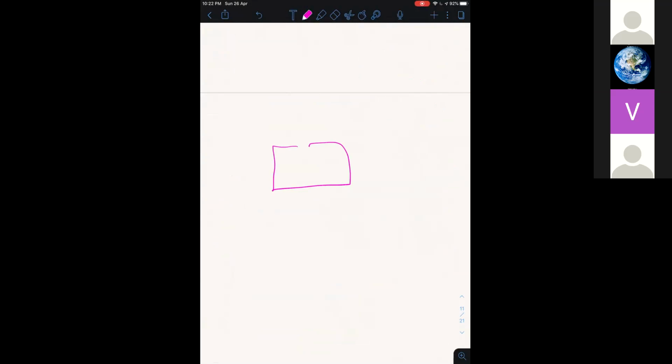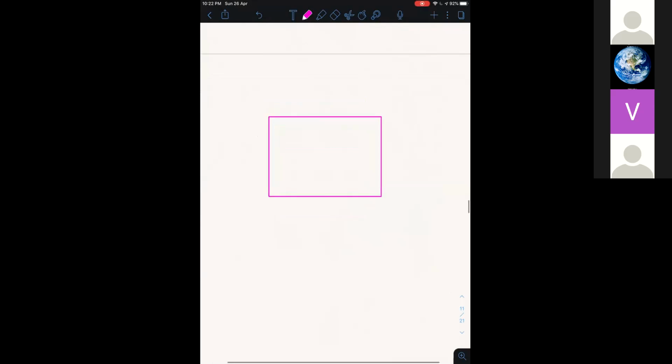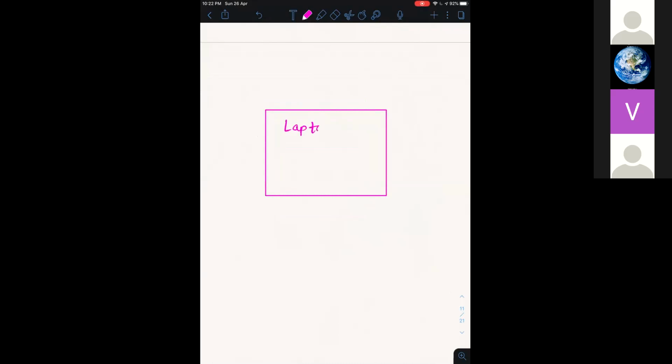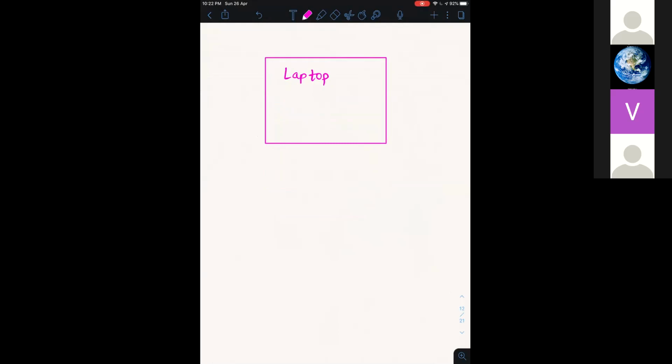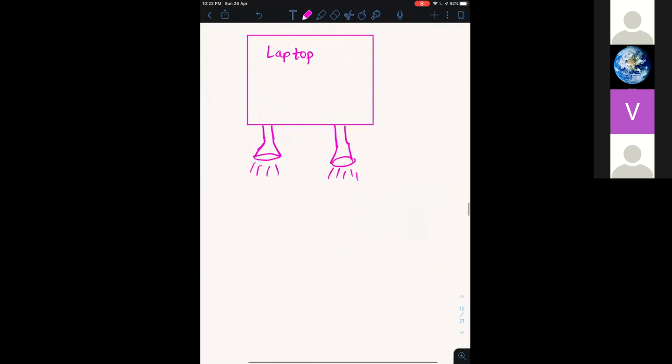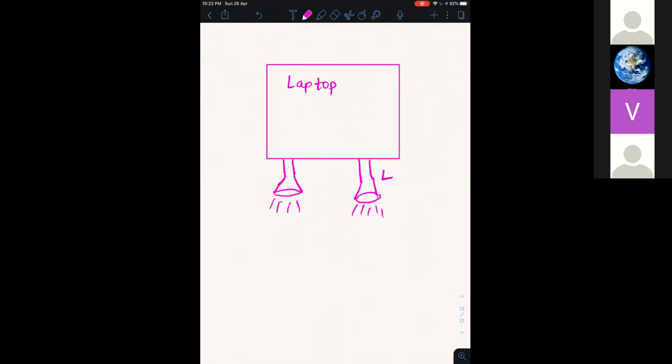Let me make a diagram. Let's say this is our laptop. Our laptop has two speakers, the left speaker and the right speaker.